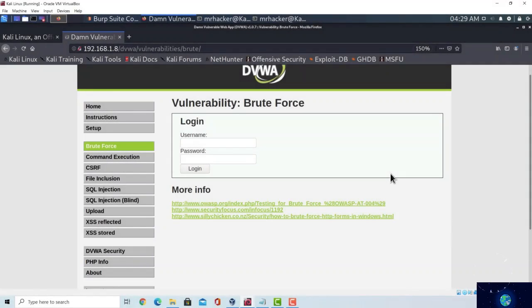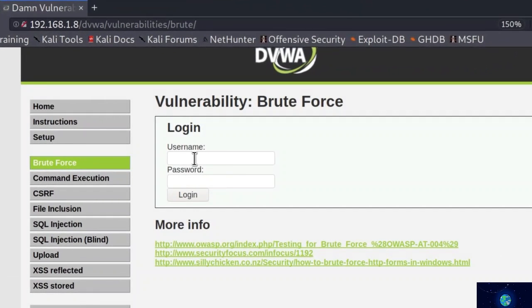Welcome back. Let's continue with our brute forcing of DVWA page. So we successfully brute forced the welcome login screen, but now we also got this brute force page right here that also requires username and password. Now this is pretty much the same thing, just this is a different page, so the syntax of the Hydra